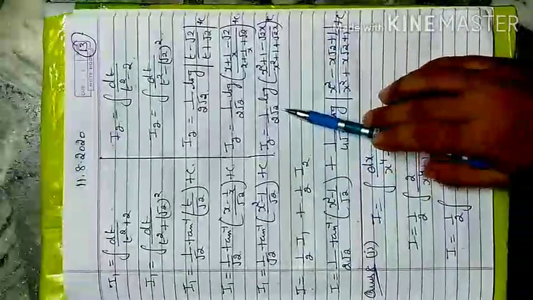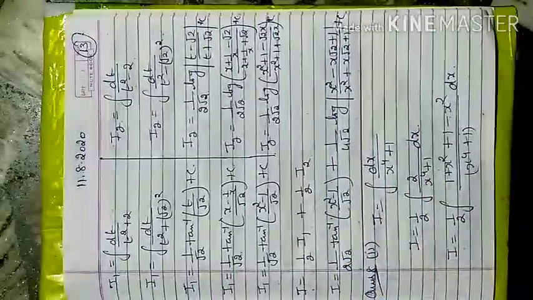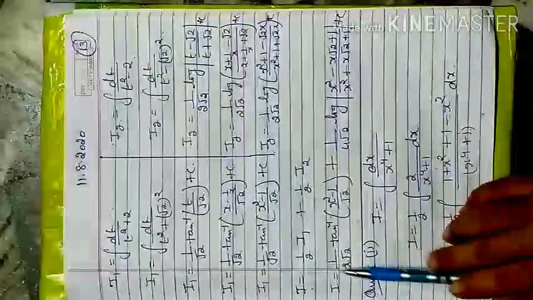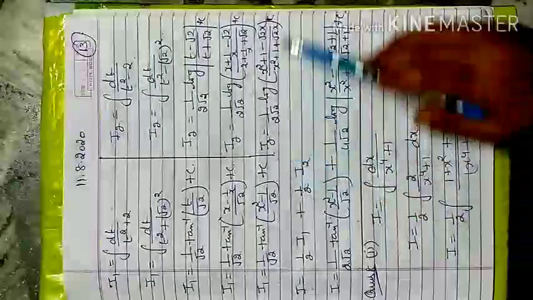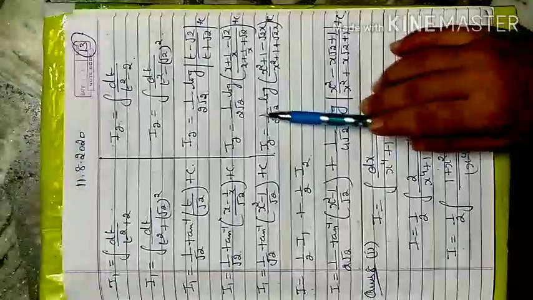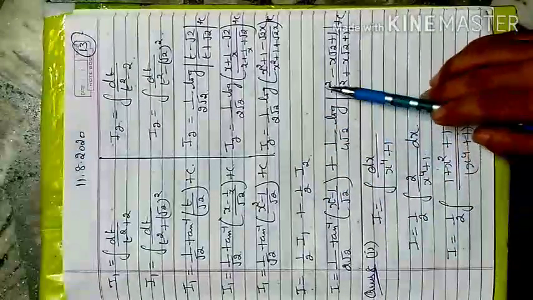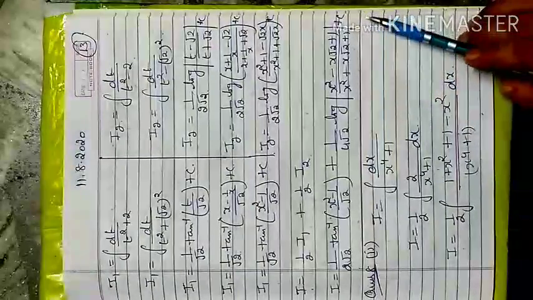I directly merge up these values of I1 and I2 in this first equation. Already 1 by 2 is there, so both the terms will be multiplied by 1 by 2. So 1 by 2 root 2 tan inverse (x square minus 1) by root 2 plus, and this constant term merges up into the one constant term c. So 2 is already there, 1 by 2, so that becomes 1 by 4 root 2 log (x square minus x root 2 plus 1) by (x square plus x root 2 plus 1) plus c.